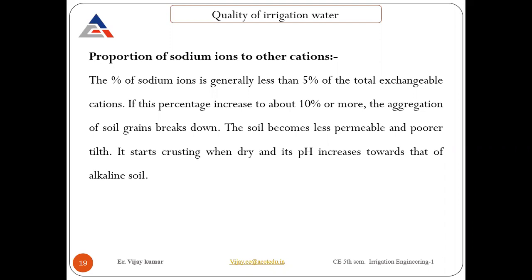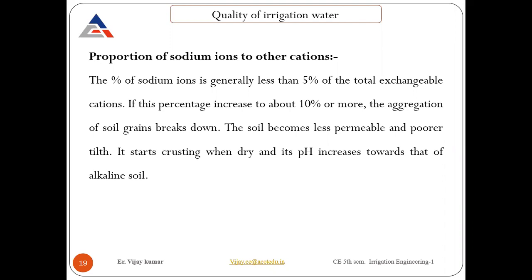In that case, it becomes poorer tilth. Poorer tilth, what does that mean? The soil which does not have good permeability. If the soil has good permeability, it means water can pass through it. Its permeability will be lower, and the soil becomes a very fine soil, and fine soil is not good enough in the case of permeability. Permeability is basically related to the void space. It does not depend upon the number of voids available, because if more space is available, water easily passes through. If the number of voids is more, but the spacing is very, very tiny, in that case permeability will be less.